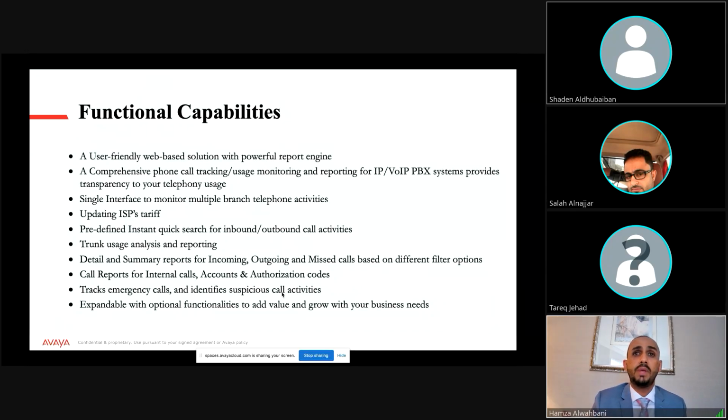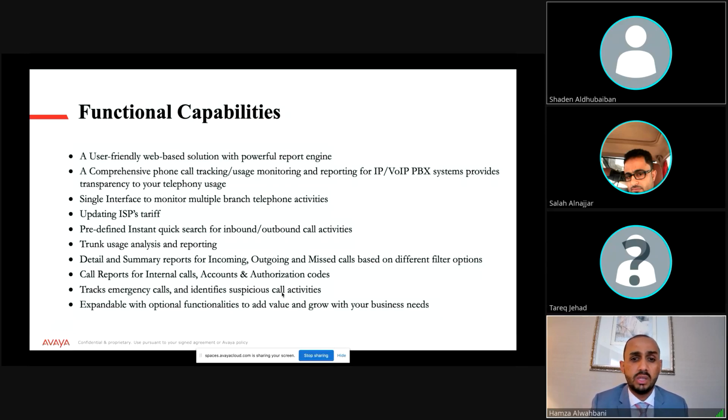It will also be updated with ISP traffic, as well as send you alerts if any employee reaches his budget. You can, for example, customize the budget for every employee. For example, I will give Hamza this month he can call mobile phones up to 1000 Riyal Saudi. Then if he reaches 1000 Riyal Saudi, the system will start sending alerts to him. When you reach your budget, these alerts will go to the management saying that Hamza already reached his budget. He finished the 1000 Riyal Saudi calling outside.